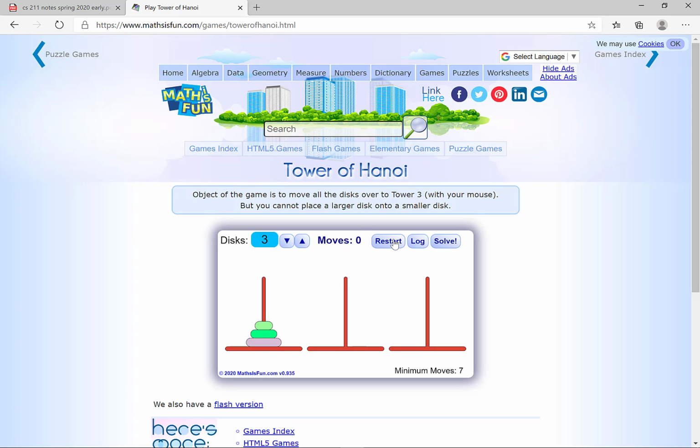If I want to restart this thing and just watch them solve it, they're going to go to tower C. That's the way the simulation works. It really doesn't make a difference, you'll see. It's the same basic idea. Let me restart this. So that is the idea. So now